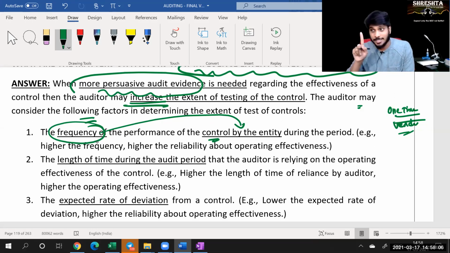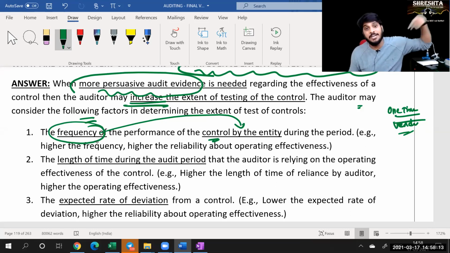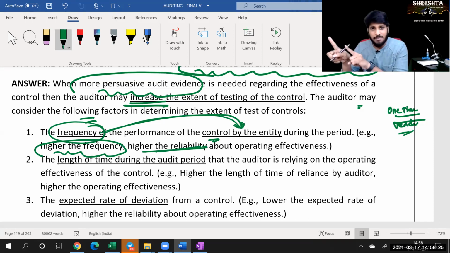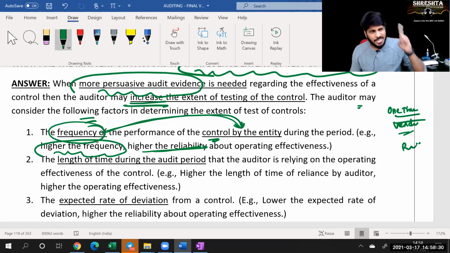So the control process for a one-time vendor, one-time supplier, is different from the controls for normal vendors who are permanent with our organization. How frequently is it performed? If the control is highly frequent, generally you will have more reliance. With one-time vendors, the control is performed only one time, at that moment, not regularly, so the risk is very high. Suppose it is a regular vendor from whom we purchase whenever we need raw material, only from those 3 vendors. It's a high frequency. Management will always check all the processes with that vendor.